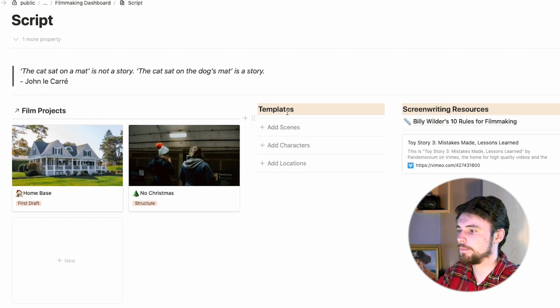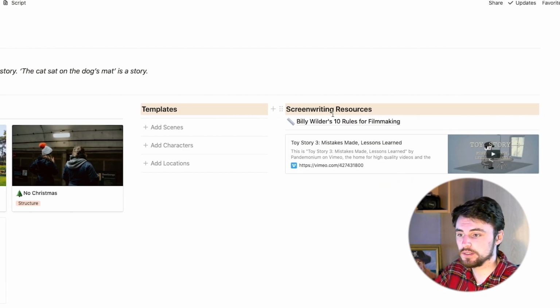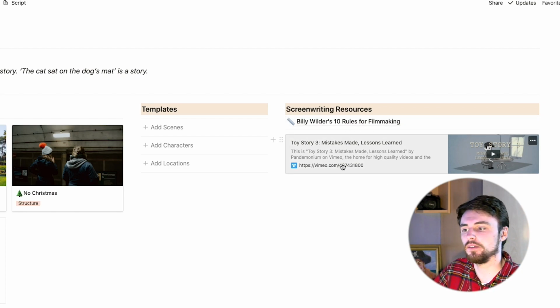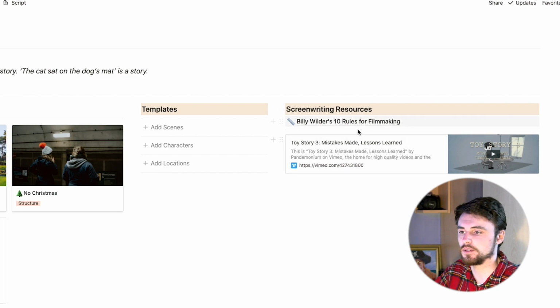And then I have some more templates built in here, and this is where we're going to get into some more things. I'm going to quickly go over this page before going into how it works. So we've got templates here in the middle, which you could have a load more of. And then over here, I have screenwriting resources. And so this is sort of showing that the great thing about Notion is you can have your notes in the same place that you have your actual plan. So on my personal page, I've got notes from filmmaking classes here. That's mostly what I got there.